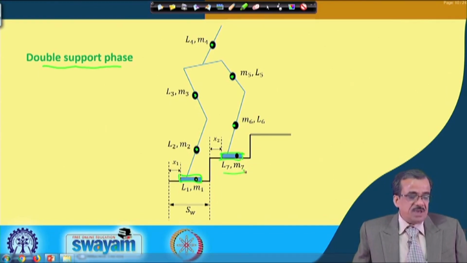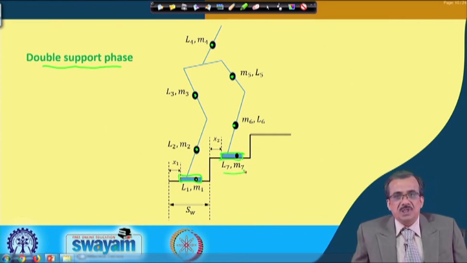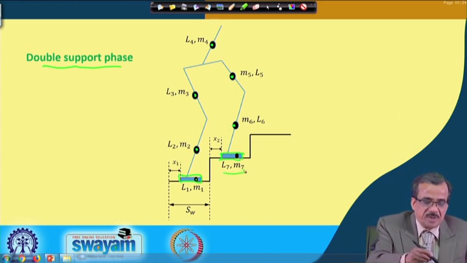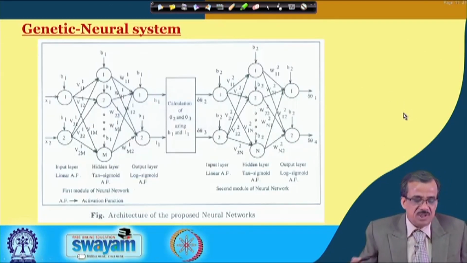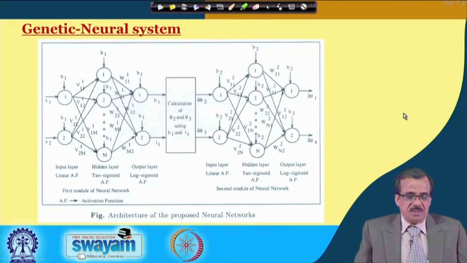And for this particular double support phase also, we will have to find out what should be the adaptive gait so that it can negotiate this particular staircase by consuming the minimum energy and after maintaining the maximum dynamic balance. Now, let us see how to implement or how to model this with the help of fuzzy logic